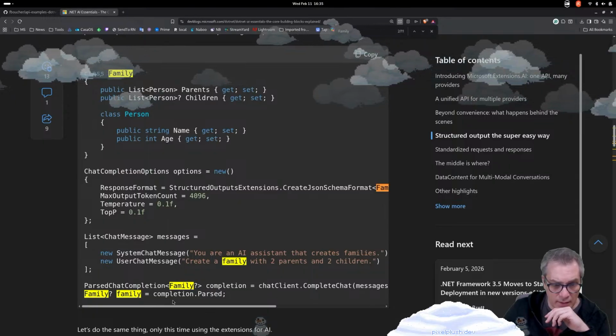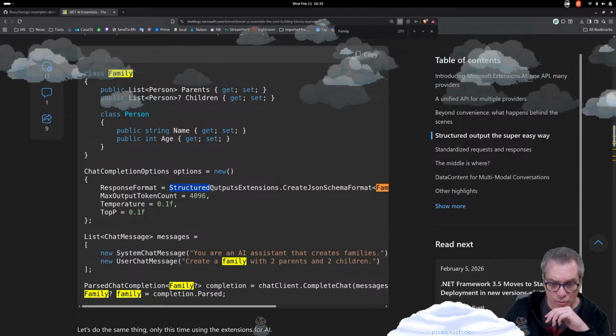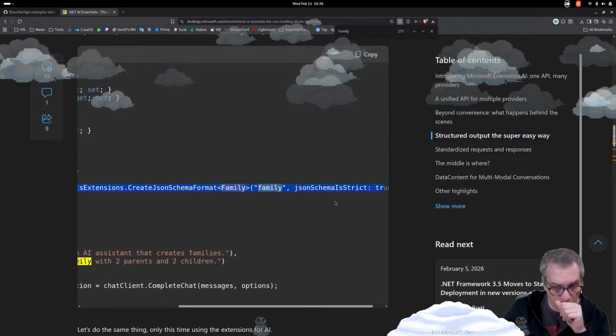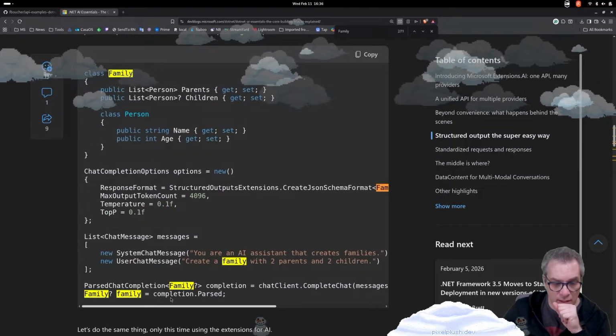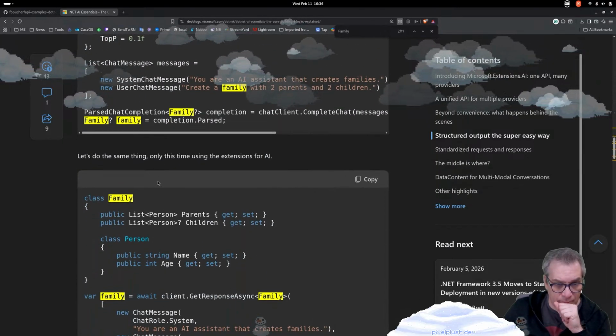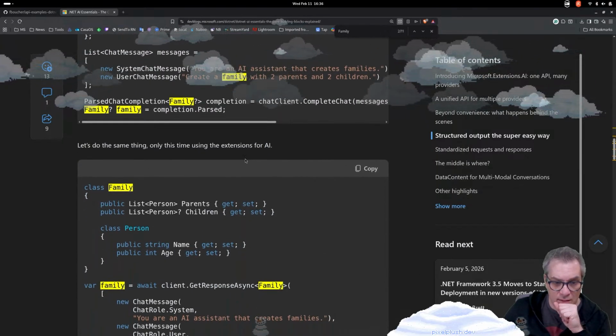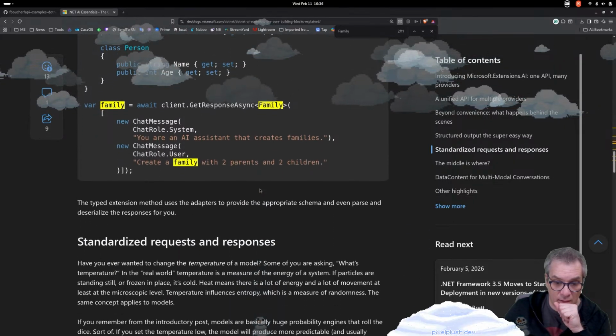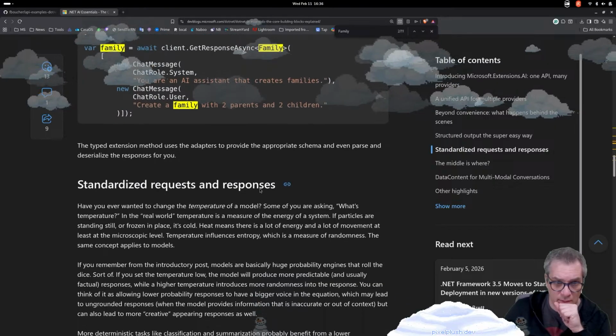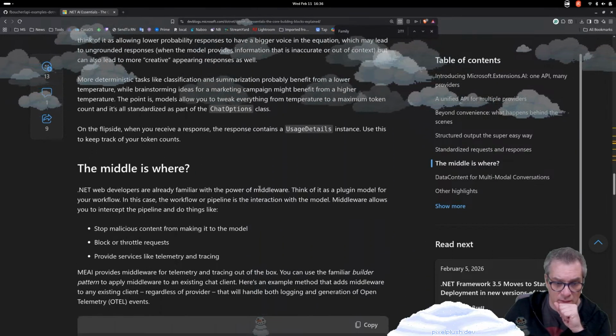Oh no, yeah, here, response format, structured output extension. So that's the trick here. Let's do the same thing with the extension. Cool. So it looks like they are all doing it right now. Interesting.